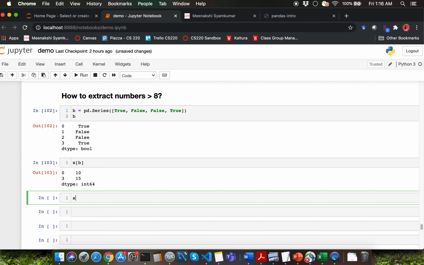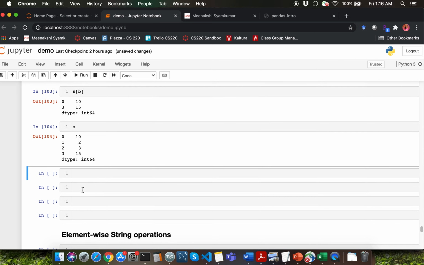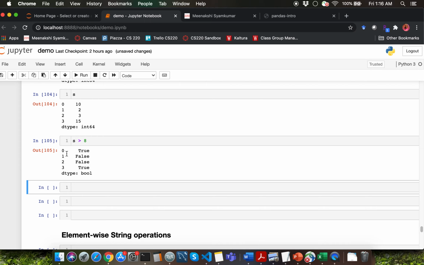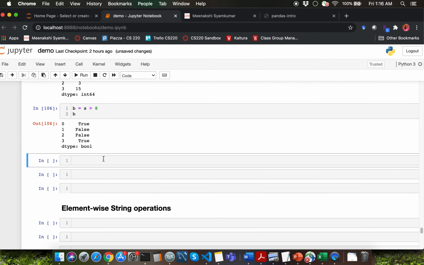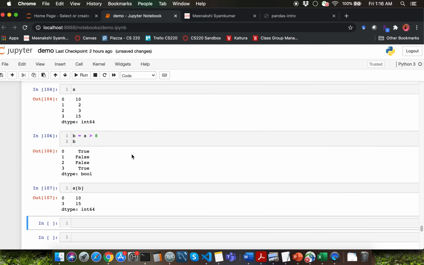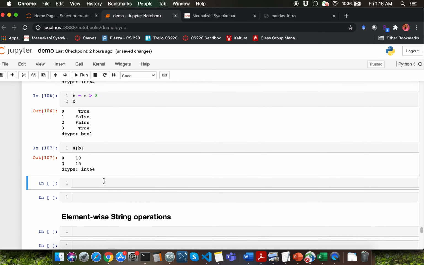Let me go ahead and display the series S over here so that we can use that for comparison. Recall that you can apply element-wise operation for any comparison operator. So I can just say S greater than 8. That's just simply going to give me a Boolean series as the outcome, right? I could just capture that into a variable called B, and now I can say S of B. I no longer have to manually define a Boolean series in order to be able to answer this question.